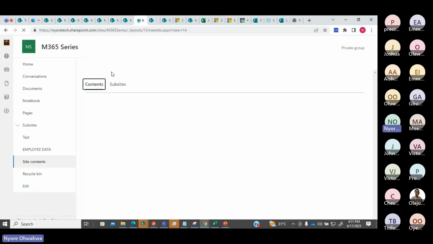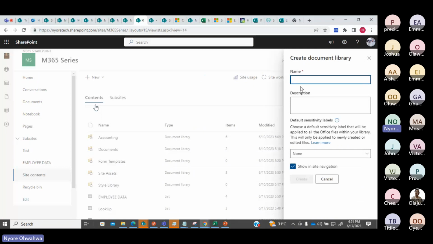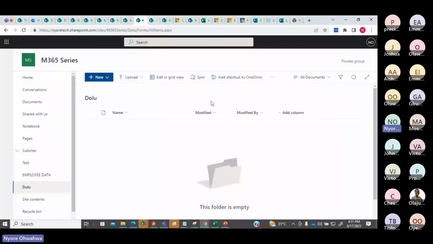Creating a document library is just for you to add files and documents. So you don't really need lots of columns to indicate what, but you can also do that. For example, you can create a choice column for a document library. Let's just say add column.